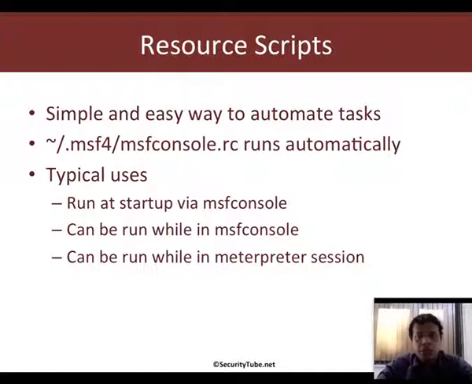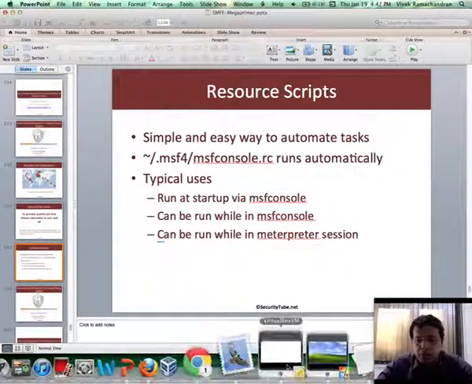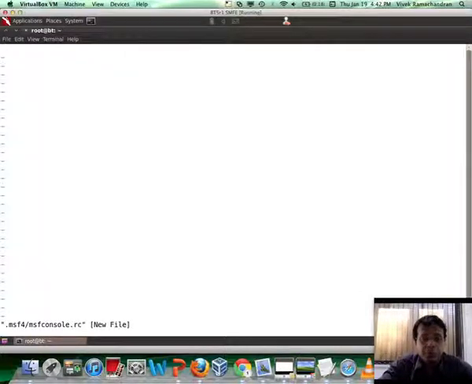So here is what we're going to do right now. Here is my attacker machine, and in order to run a Metasploit script at startup, what we would need to do is create an RC file called msfconsole.rc under the .msf4 directory, right?